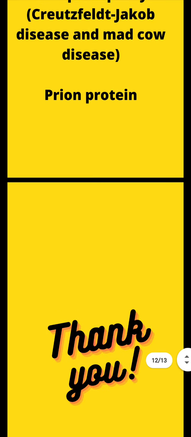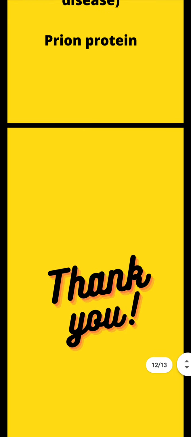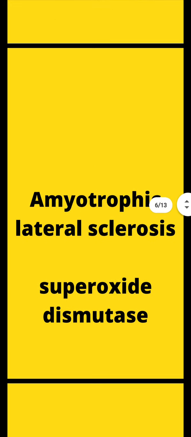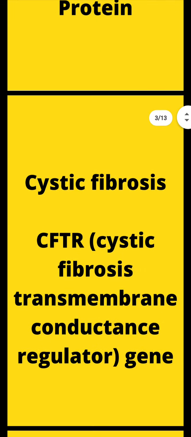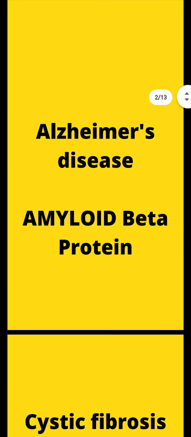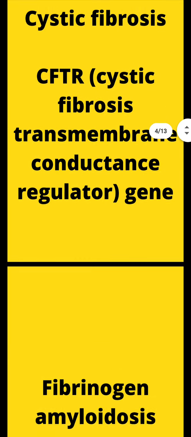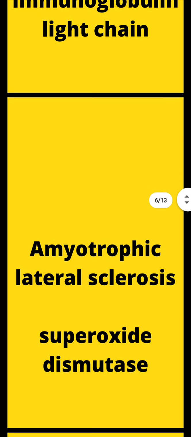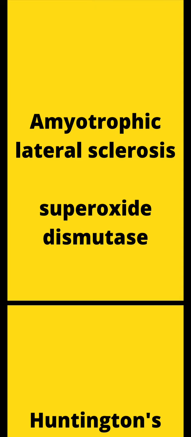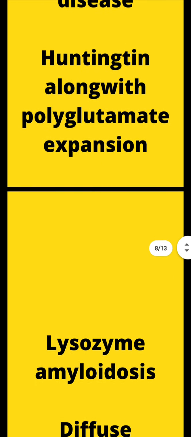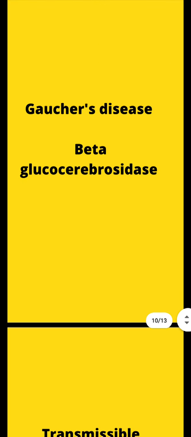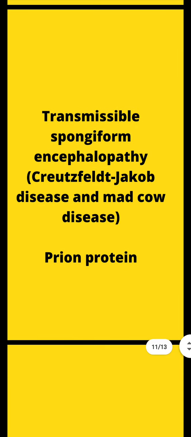So here we have listed almost 10 to 11 diseases along with their defective proteins, and these are very important. Fine. So I hope that you have noted them down. Each and everything is very important. So first one is Alzheimer's disease, second one is cystic fibrosis, third is fibrinogen amyloidosis, then next is light chain amyloidosis, then amyotrophic lateral sclerosis, then Huntington's disease, then lysozyme amyloidosis, then Parkinson's disease, then Gaucher's disease, then transmissible spongiform